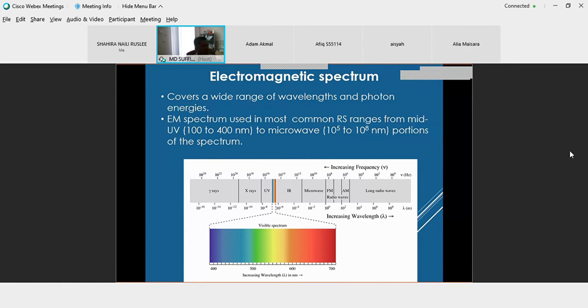Tak semuanya spectral radiation dia sampai ke muka bumi. So yang sampai ke muka bumi dan dia reflect balik, itu yang detect oleh sensor. That's why kalau kamu tengok daripada satellite, untuk certain wavelength, dia tak boleh bagi image, ataupun image dia adalah kabur. Sebab apa? Sebab radiation ni dia tak sampai ke muka bumi. So dia tak boleh nak reflect balik dan diterima oleh sensor.